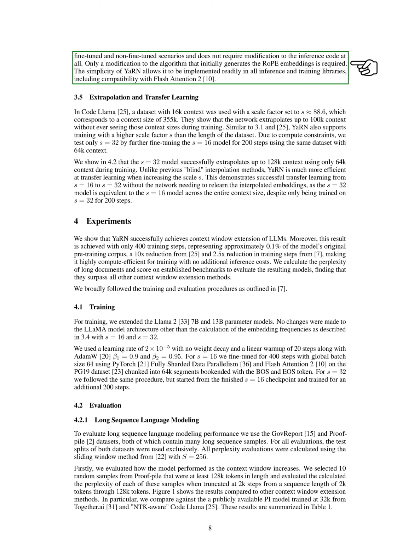The simplicity of YaRN allows it to be easily implemented in all inference and training libraries, including compatibility with flash attention. Section summary. In the dynamic NTK method, the scale used for rope interpolation is dynamically calculated based on the context size. This allows models to gracefully degrade when the context size is exceeded, instead of immediately breaking. Additionally, the YaRN method addresses the issue of decreased entropy in the attention softmax distribution caused by interpolating rope embeddings to longer context sizes. By scaling the length of the rope embeddings, the entropy can be increased, improving the performance of the language model.